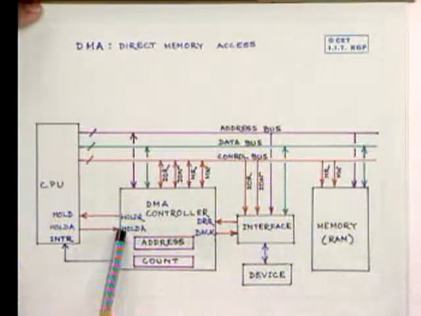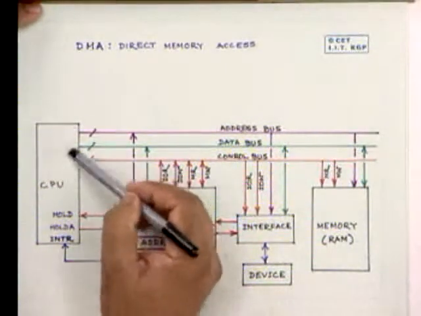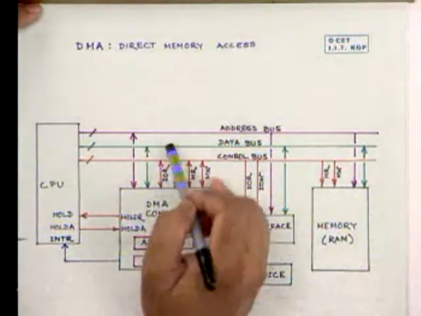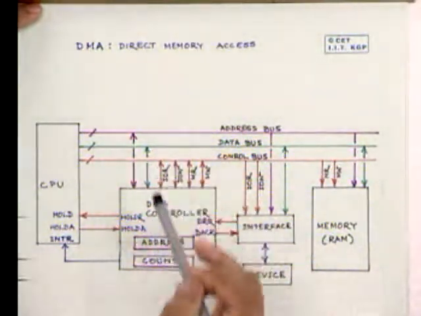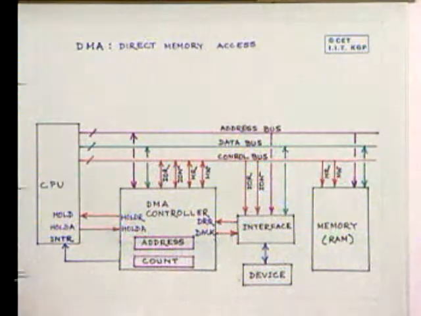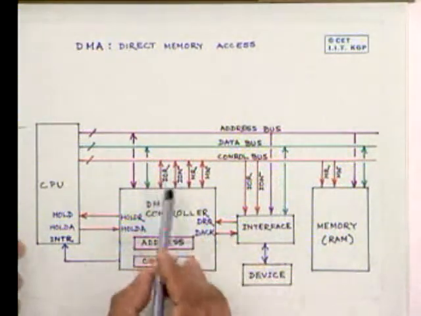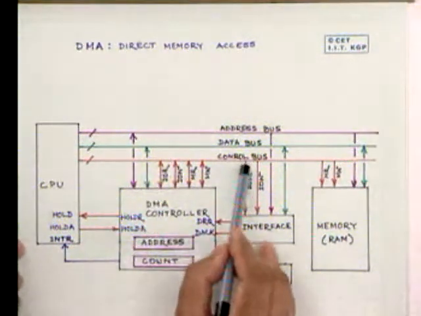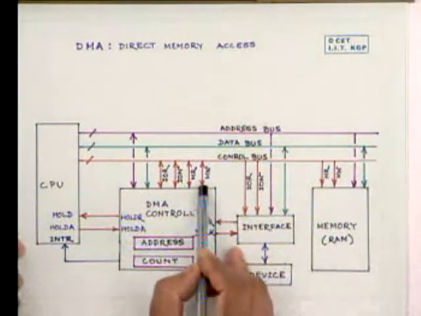As the hold acknowledge signal is sent, the CPU relinquishes control over the system bus, and the DMA controller immediately takes control of it. It then sends an IO read request to the IO interface and a memory write